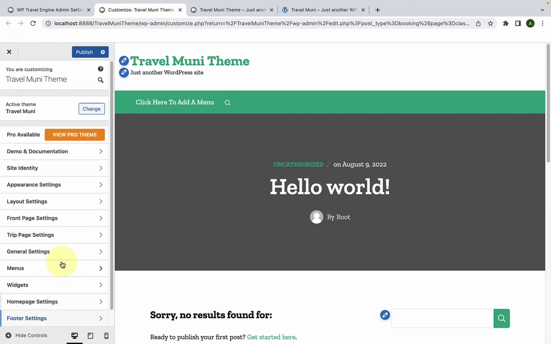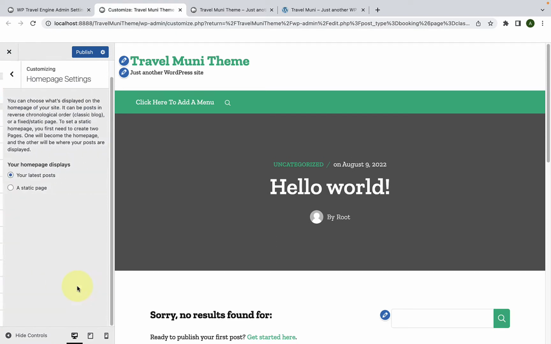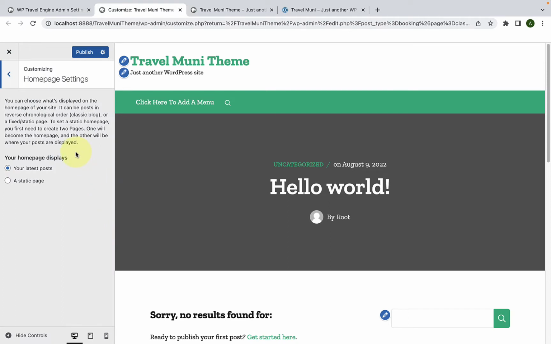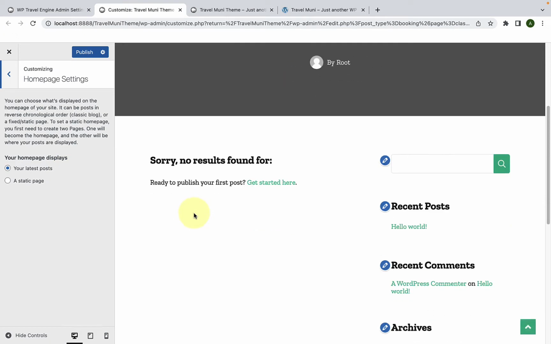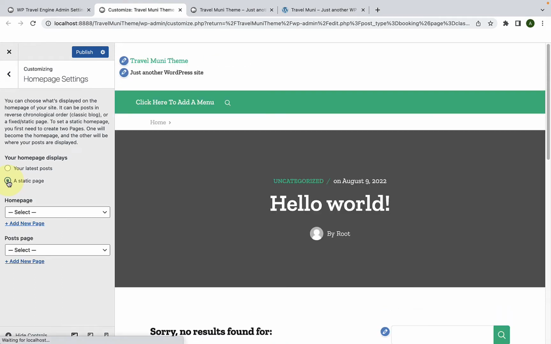Now we will start configuring the customizer settings, and we will start with the homepage settings. Under Homepage Settings, you can choose your homepage display from either latest post or a static page. If you select latest post, then all of your latest blog posts will be displayed as your home page. If you select a static page, you will be able to select a separate home page and a separate blog